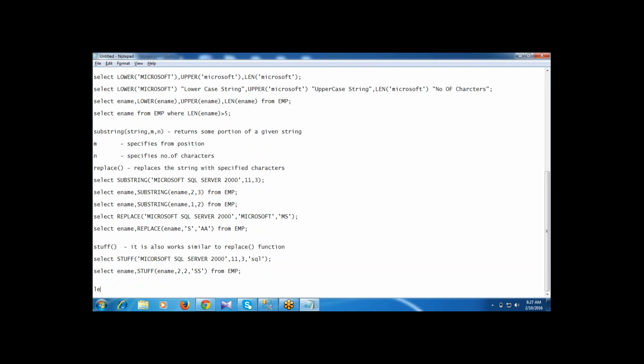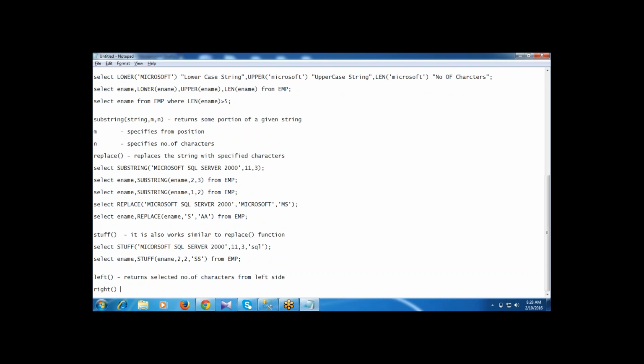Next, the left function. The left function returns the selected number of characters from the left side. The right function returns the selected number of characters from the right side.